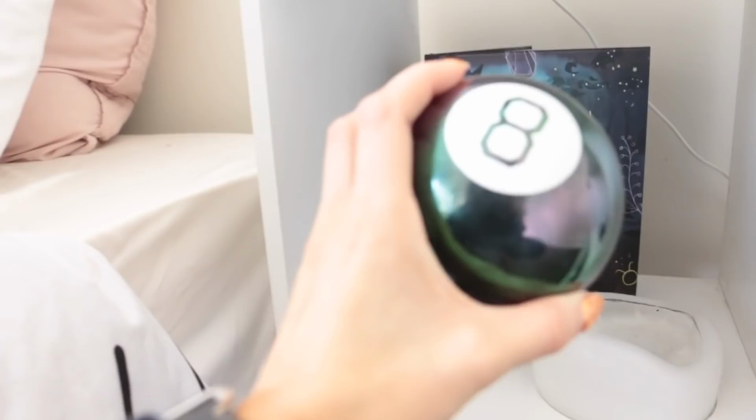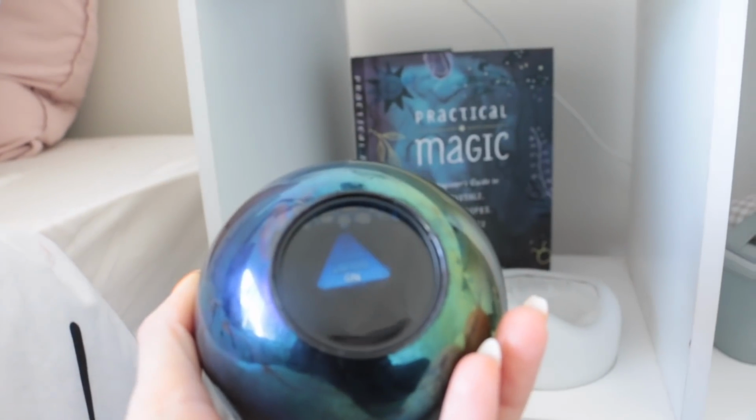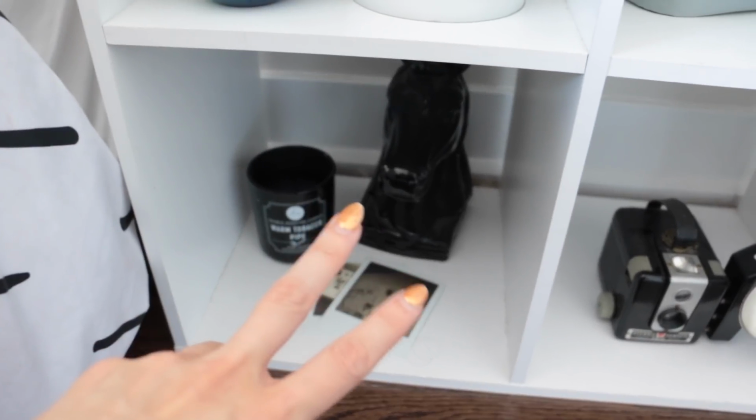My magic 8 ball, should we ask it a question? Are we gonna have an epic fall? No doubt about it. It's upside down. I have a couple pictures of tarot readings I did that felt super magical, an old vintage camera, and my daylight lamp. I also have these string lights here that I don't have plugged in, so let me just... So like I said,